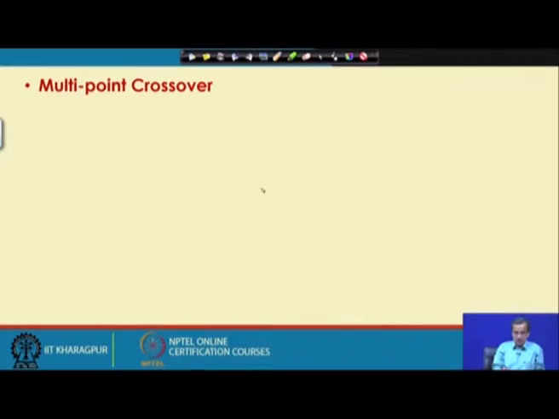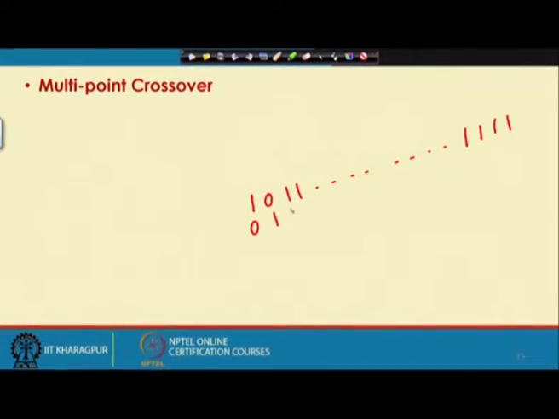Supposing that I am going to solve an optimization problem involving 10 real variables, and to represent each real variable, supposing that I am using 10 bits. So, the GA string will be 10 multiplied by 10, 100 bits long. Now, let me just show that particular GA string. The GA string will look like this. Supposing that this is 100 bits long. Now, as the GA string is 100 bits long, there will be 99 places for selecting the crossover site if I use the single point crossover.